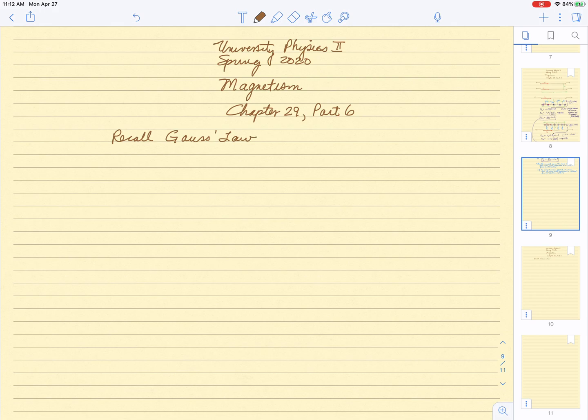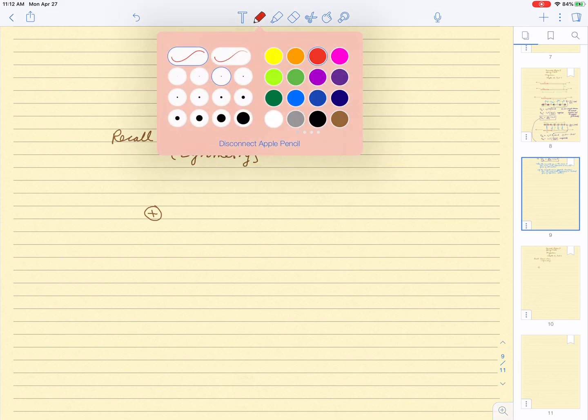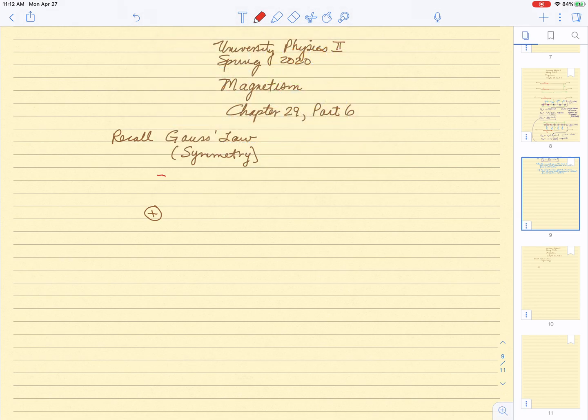And Gauss's law was actually quite elegant because it allowed us to determine the electric field of charge distributions that had a high degree of symmetry. So symmetry was very important. So you might recall, just for a single point charge, if we would want to determine what the electric field was at some distance r away,